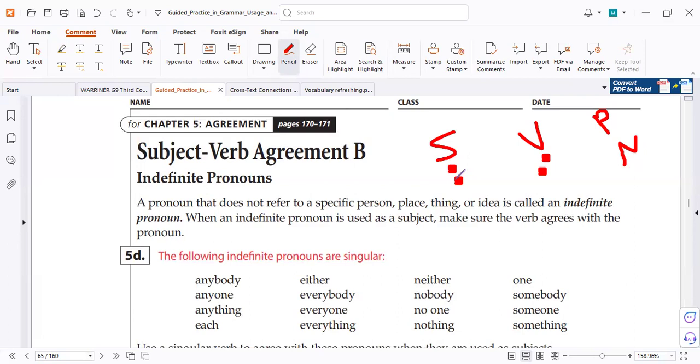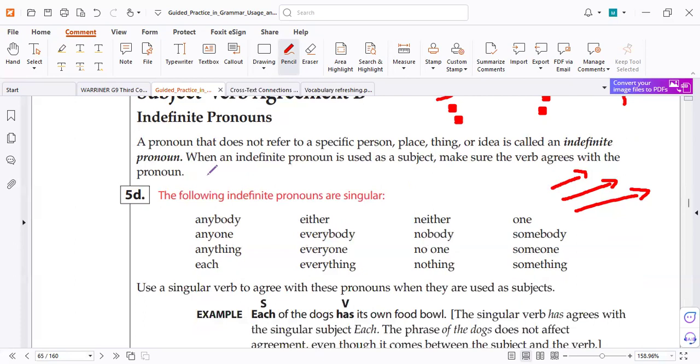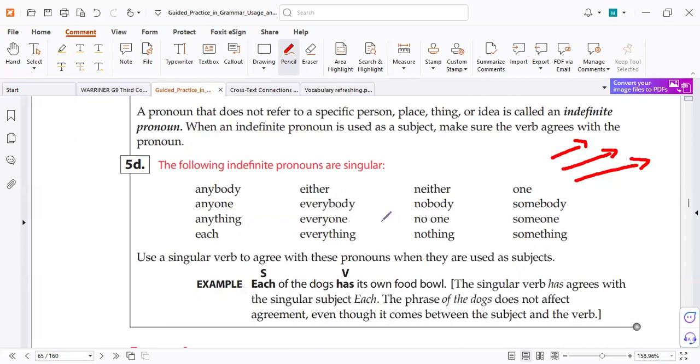So to know the subject and the verb very quickly, delete all the phrases that we studied. Delete all the relative clauses that we studied. Delete the non-essential information between two commas, between two dashes, or parentheses. If you delete the three, you can find the subject and verb quickly and intelligently. Let's see. In this point, he said if the subject is a pronoun and you found one of these, it's